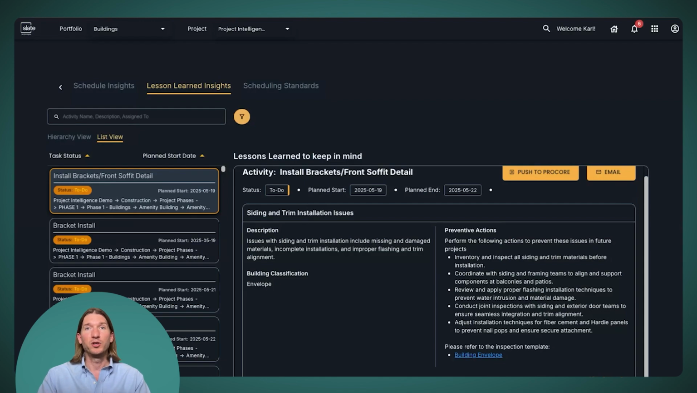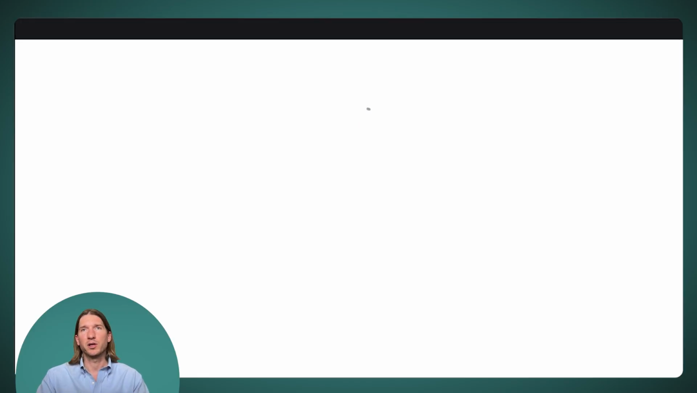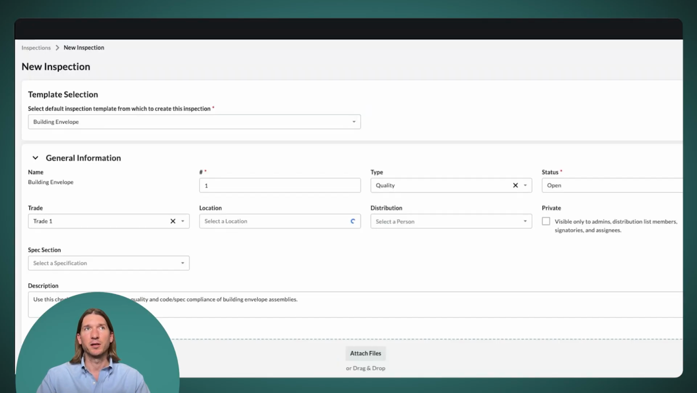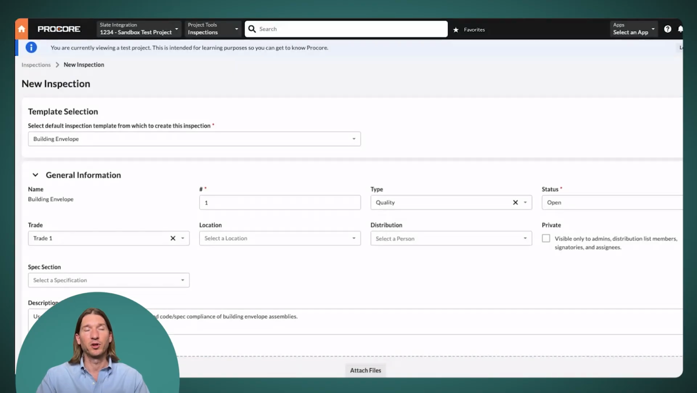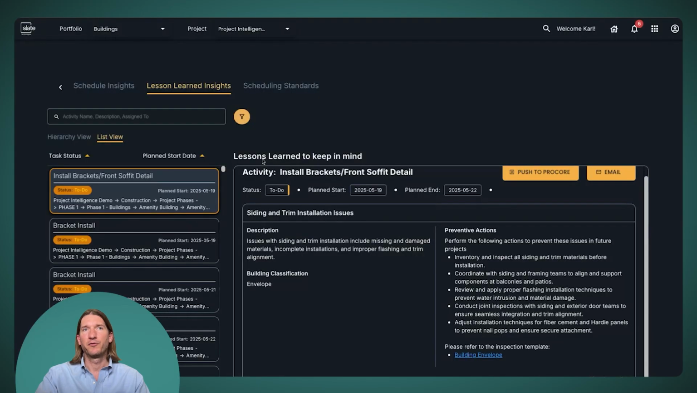One, we can use those to improve the preventative actions that we're giving our customers. If you've already defined your internal best operating procedures, we can incorporate those into our preventative actions based on what you've already documented. And then we can allow the user to link to those. So if I click this link, it's going to take me to Procore, and it's going to open up an inspection template for a building envelope inspection, which is the type of inspection you'd want to complete for this lesson